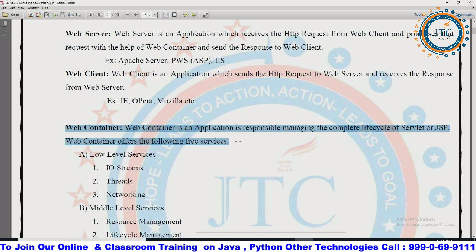So here, as I said, all of these that we are talking about are applications. I am talking about all these things as applications, guys, correct? And each application offers some services. Services it is offering, correct? So what kind of services now? Have a look here. So the web container which is there,